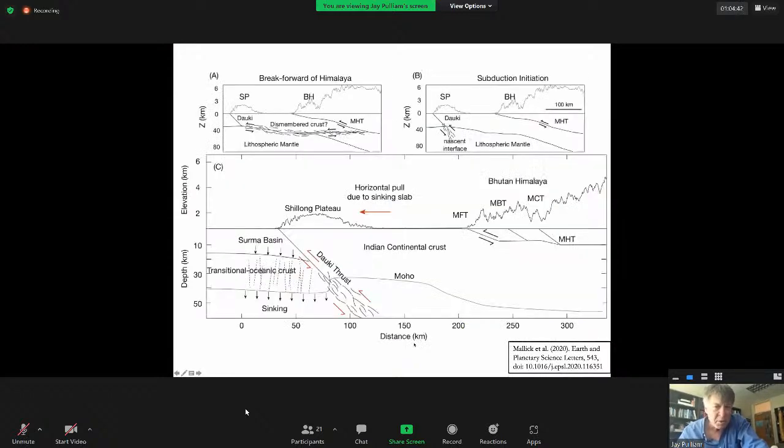They also claim that this is the oceanic crust, Bangladeshi crust, subducting underneath the Shillong Plateau. By the way, this thrust zone that bounds the southern edge of the Shillong Plateau is called the Dauki thrust. And so this is the cartoon that they published without any real imaging to base it on, but it's just the argument. And that plays into this